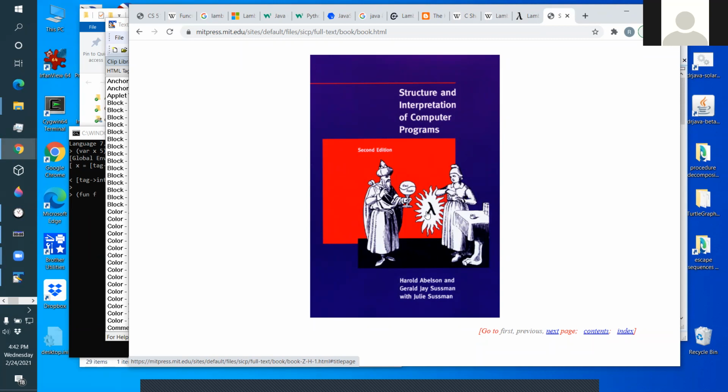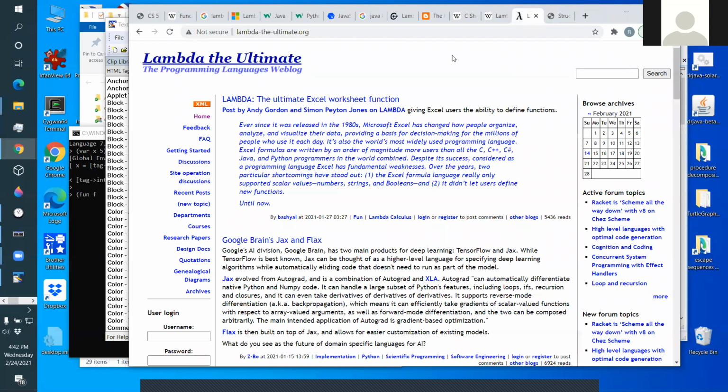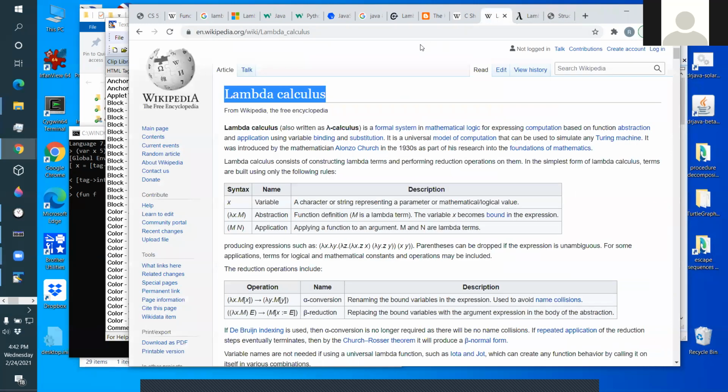Lambda has become the symbol for modern functional programming. Lambda Expressions, Lambda Calculus. The Greek letter lambda now sort of stands in for modern abstract functional programming. Okay, now